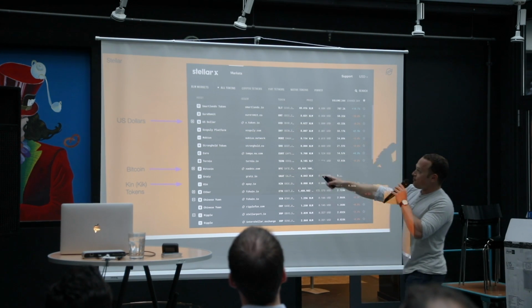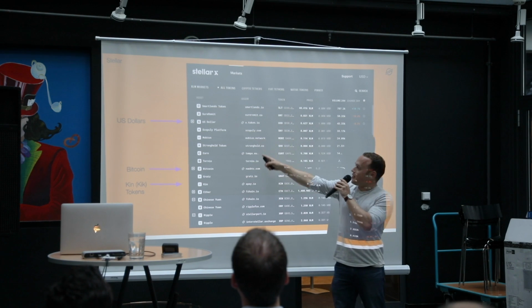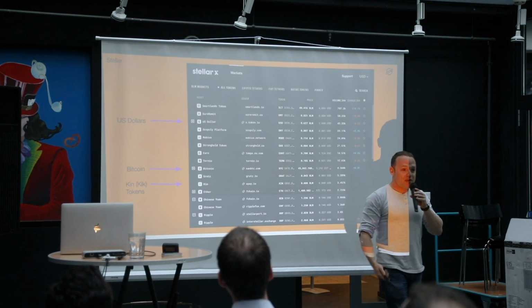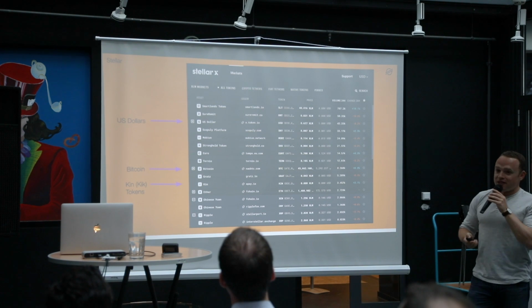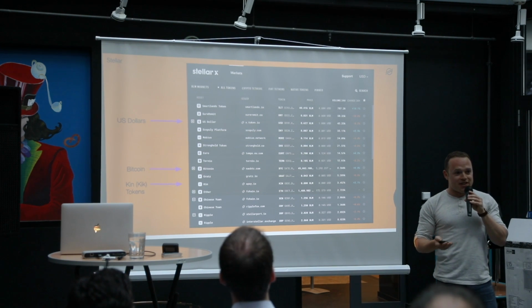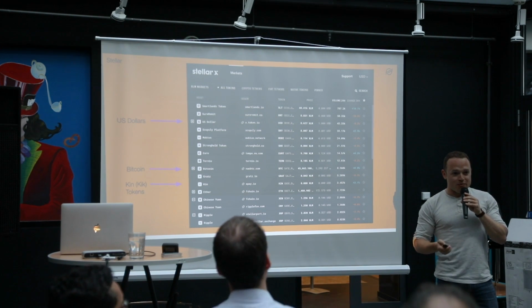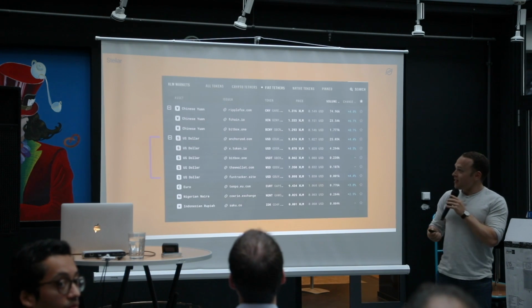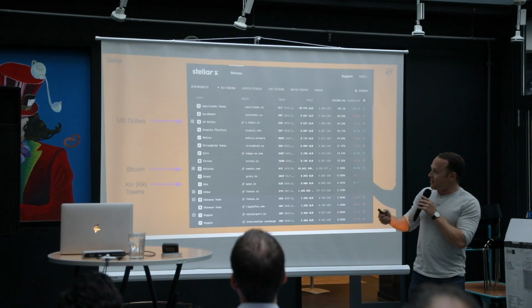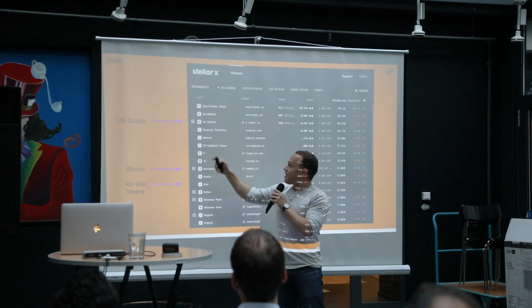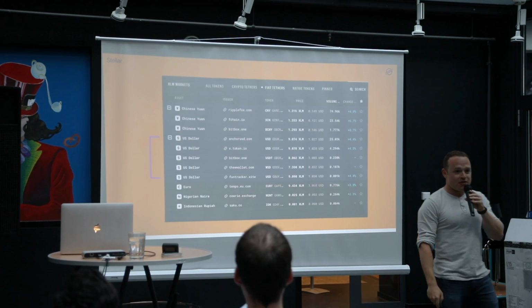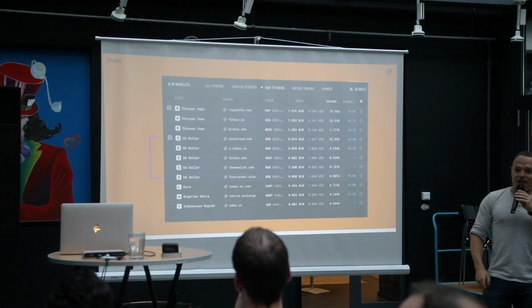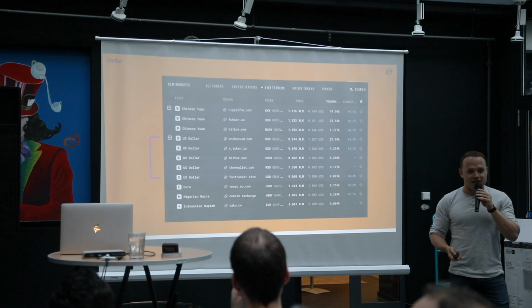And then if you look here, this is the issuer column, which tells you who is the issuer of this asset. And there's a big difference between a large bank that's issuing $1 and Boris Bank that's issuing $1. If you click into the plus here, you'll see it explodes the different types of US dollar assets. So you can have multiple issuers of a particular asset.